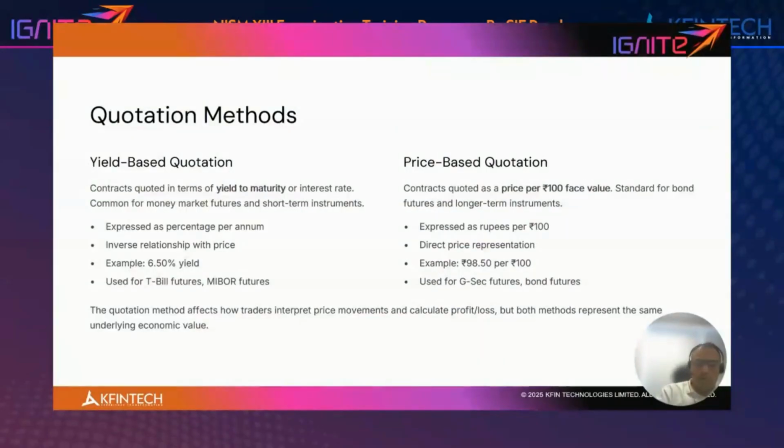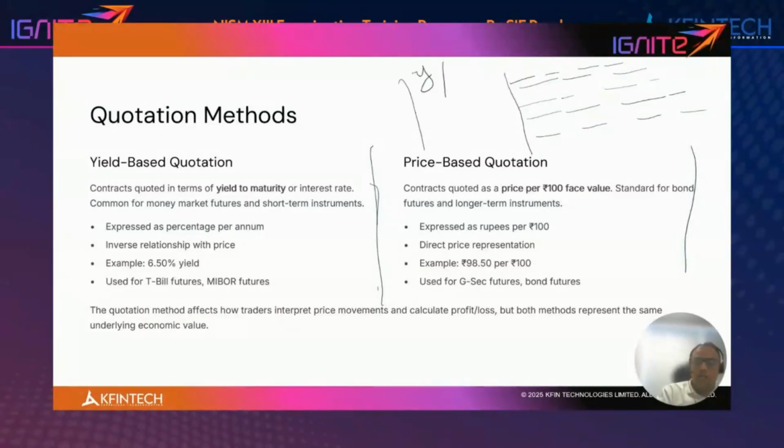Again, quotation methods. Quotation method means when you log into the bond portal, securities will be listed like this, like in the equity market. So how are the securities quoted? The securities are quoted in yield terms or in price terms. In yield terms, it will be like a 6% bond. In price terms, it will be like 100.50, right? So these are the two different types of